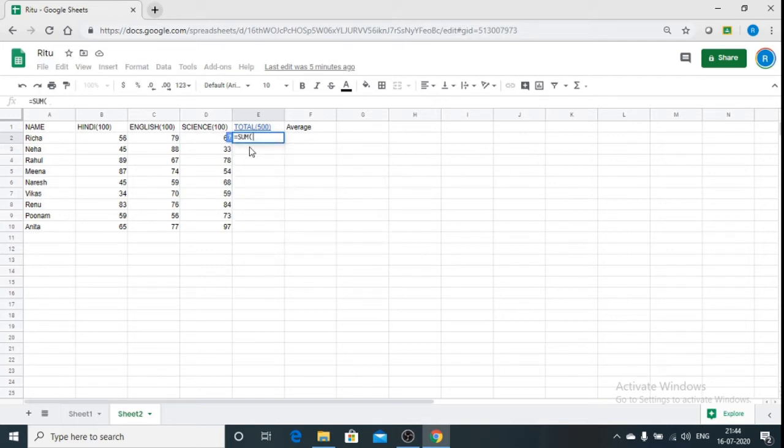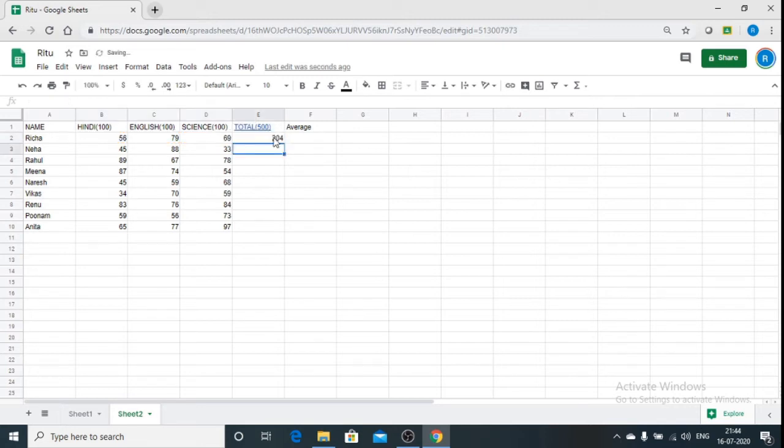Now choose the range where you want to apply this particular function. So I want the sum of these three cells. Automatically it will write the cell address here. Now close the bracket. Sometimes it will intelligently suggest that you select these cells, or you can select the range yourself.